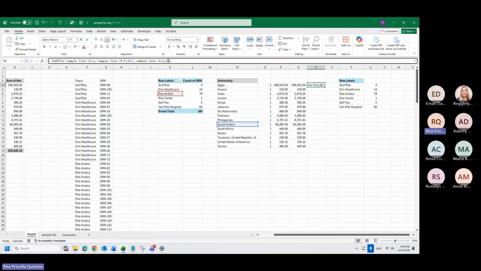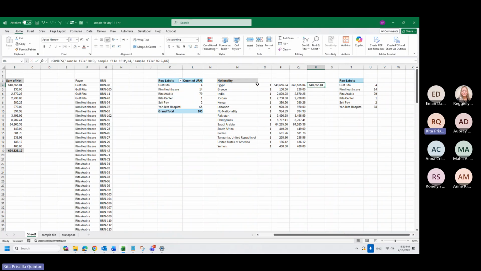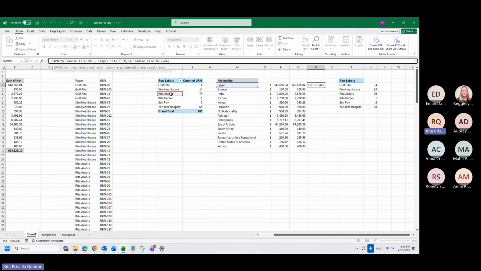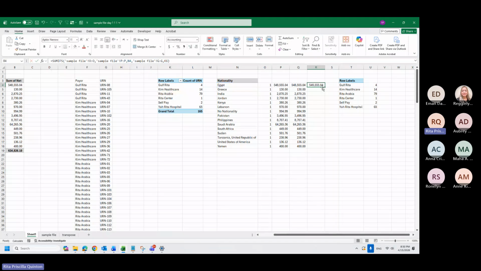Okay. Let's try again. I will make this Egypt, so it will be beside the Egypt. Now, let me lock this to Rita Arabia because, if I drag it, you see here, it becomes Rita Center. And this one becomes Rita, self-pay. Okay, if I drag further down, it will be Jordan and Rita.